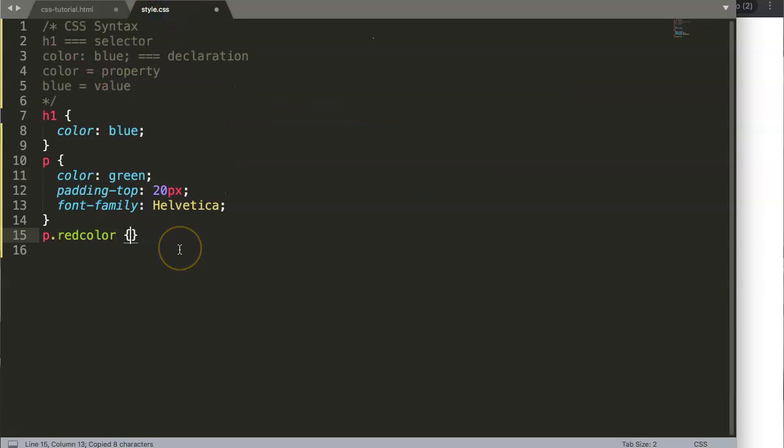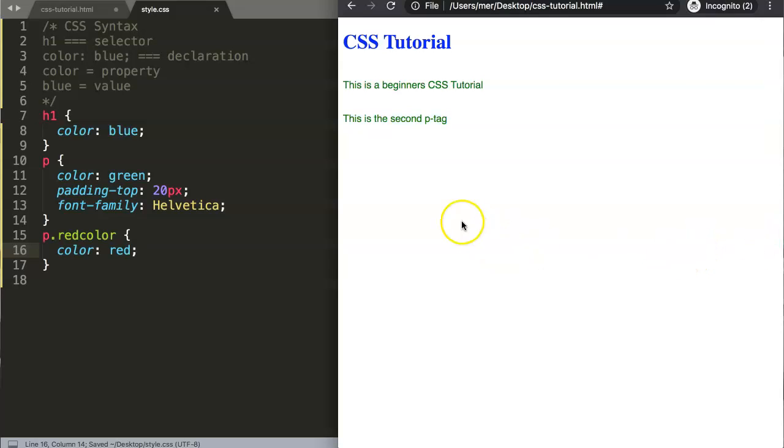Once we do this, we put in curly braces, and then our declaration. Our declaration will be, in this case, color, and here red. So we have this property with this value here. If we do this and save this and refresh,